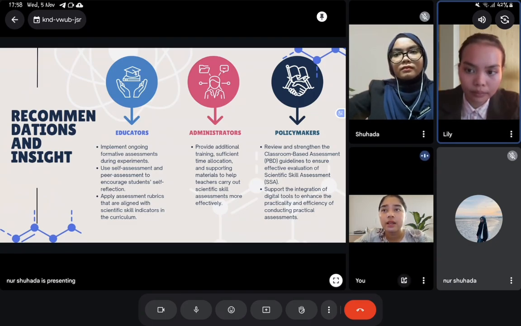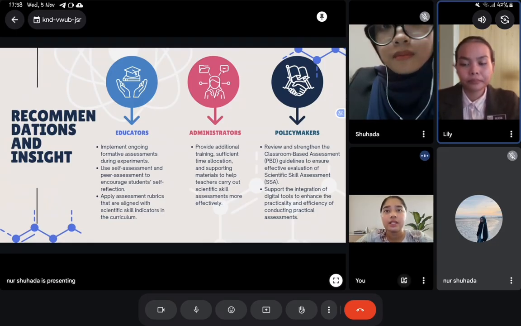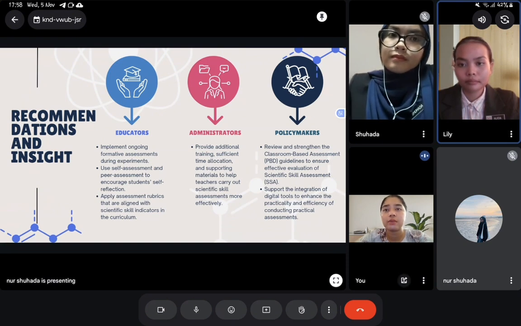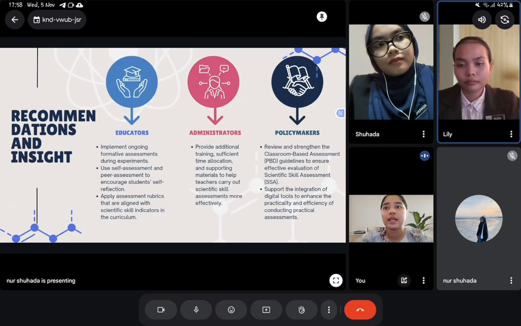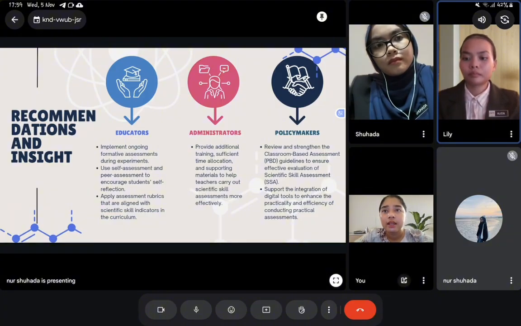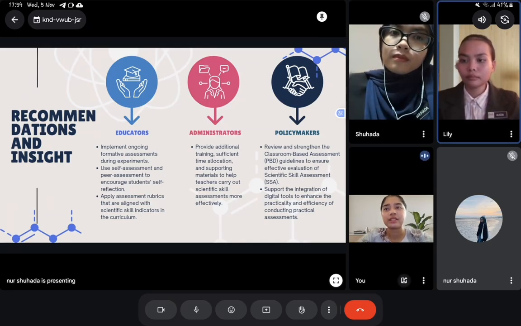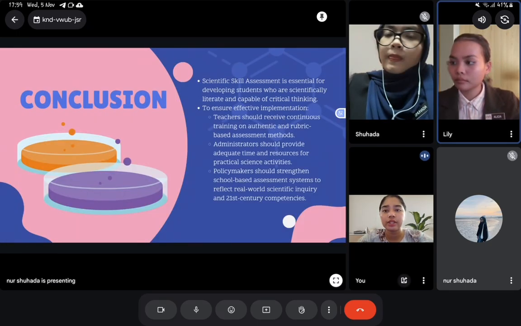Which means policymakers should promote the use of technology such as online rubrics, digital portfolios, or virtual lab simulation to make SSA more manageable and engaging. For example, using digital apps like Google Form or Padlet to record student observation can make assessment more organized and time efficient. For the conclusion,